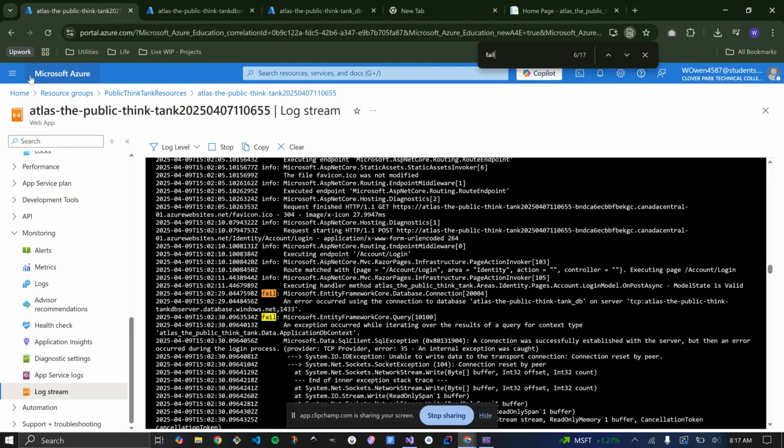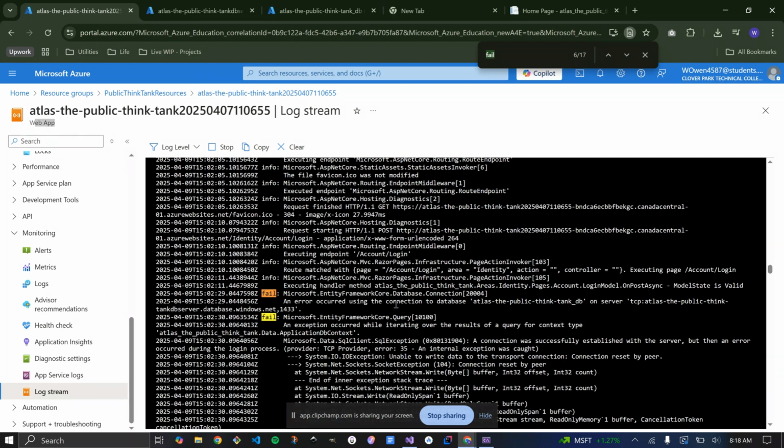What I did to find out what that error was is I went to the portal on Azure for the web app, and I was looking at the log stream. Then I just did a search, Control F for find, and then put in the word fail, and was looking for anything that was failing.